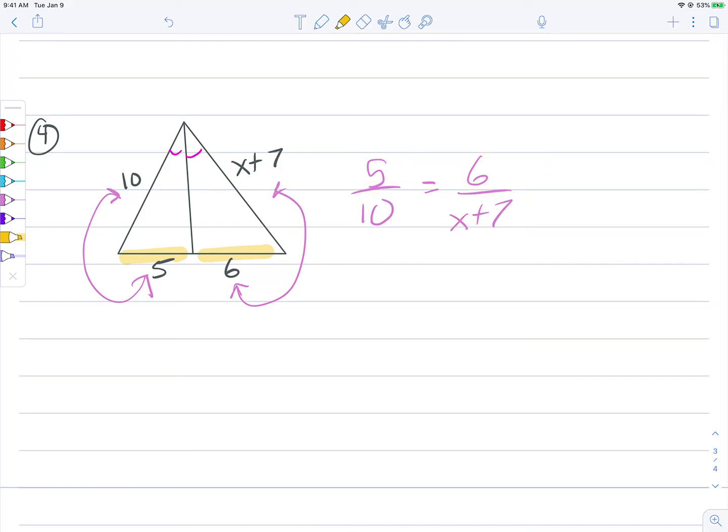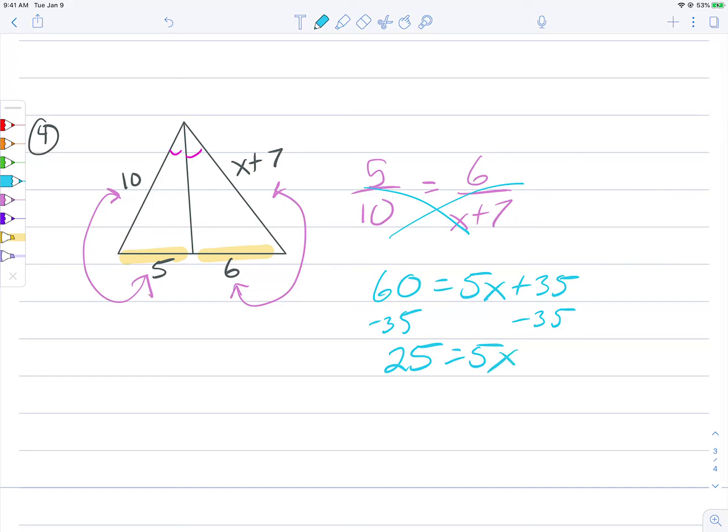If I were to cross multiply, 6 times 10 is 60. 5 times x plus 7 is 5x plus 35. I would subtract 35 from both sides, so I'd get 25 equals 5x. Divide both sides by 5, and x equals 5,